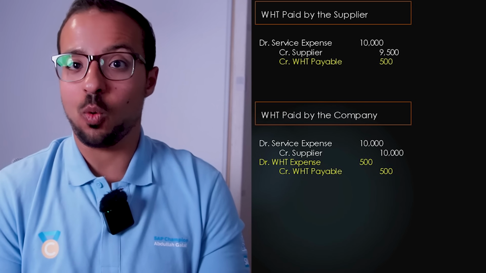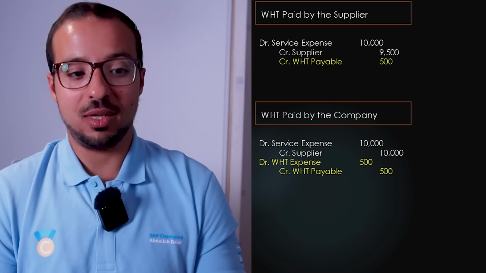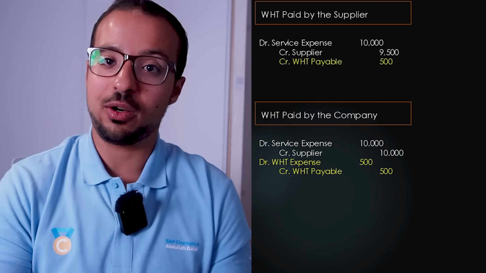Whenever we receive a requirement for withholding tax, we have to understand, is this withholding tax to be paid by the supplier or is it to be paid by us? These are some of the most important aspects for withholding taxes, but there are also other aspects. There is no way I can cover all of them in an introduction video. So when we get into the different legal requirements related to withholding taxes, we're going to see different other aspects, such as the maximum amount that can be withheld from a supplier, or the minimum amount that applies to a withholding tax,